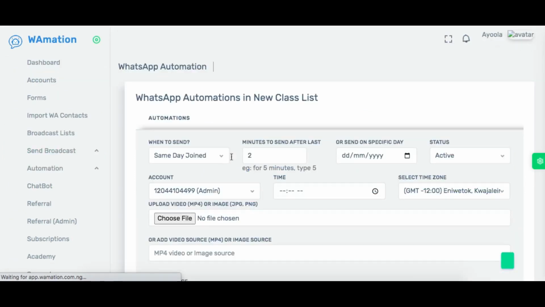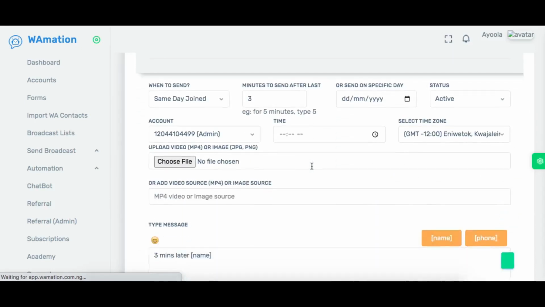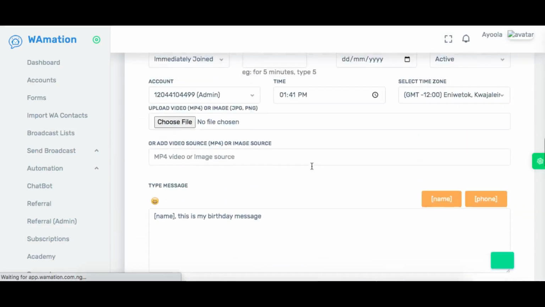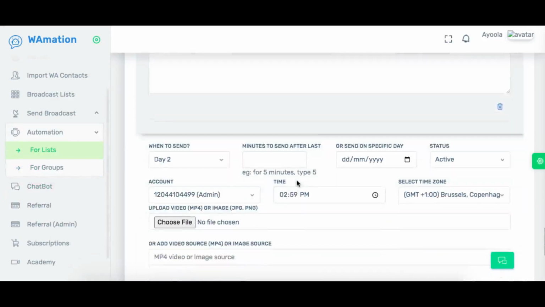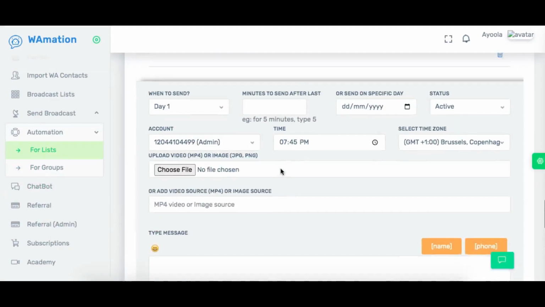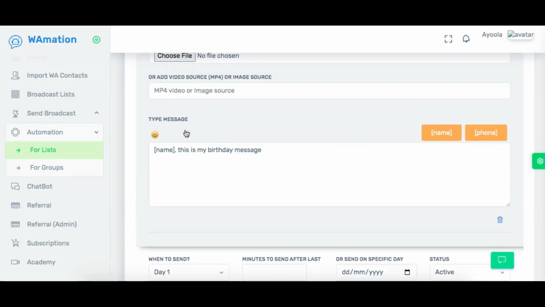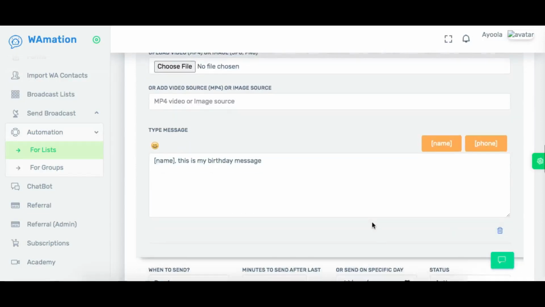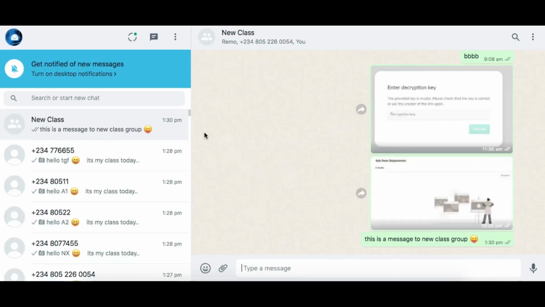Can you see? Same day joined. These are the same day joined. Then immediately joined. Can you see? So the one we sent, this is my birthday message. Okay. Day 2. These are the previous automations I had on the list before I recorded this video. Can you see this one here? This is my birthday message. Can you see it? So let me switch back to WhatsApp and wait for